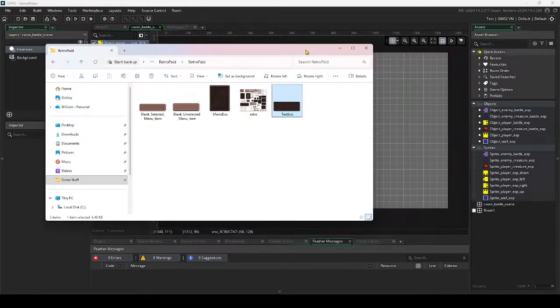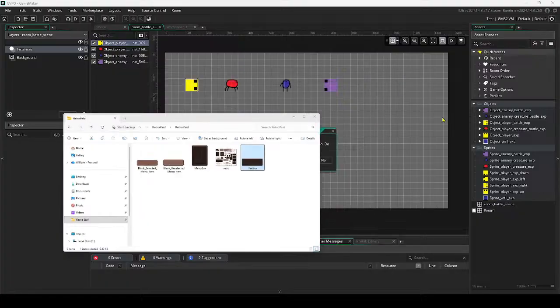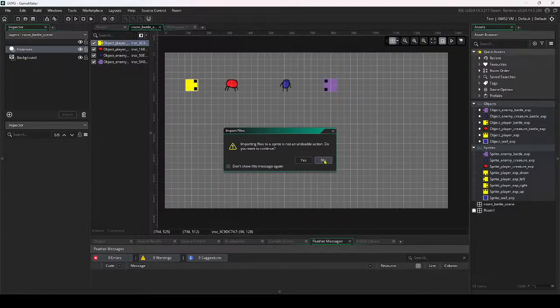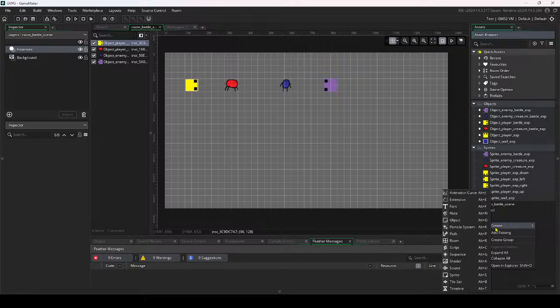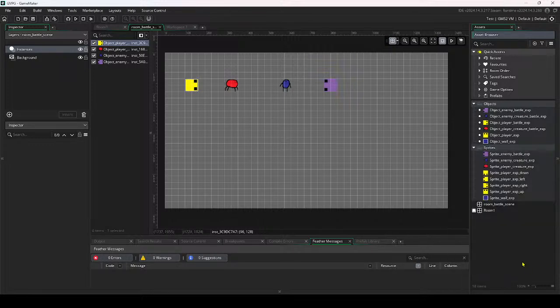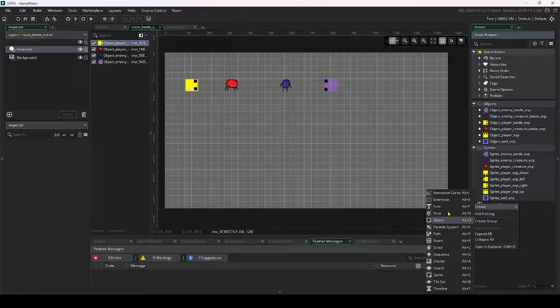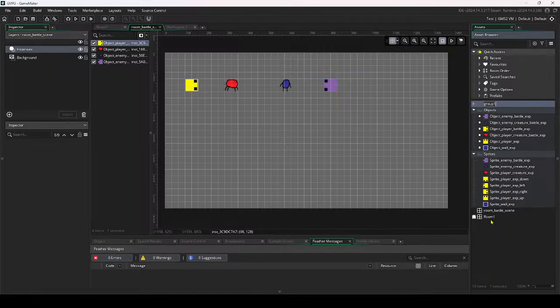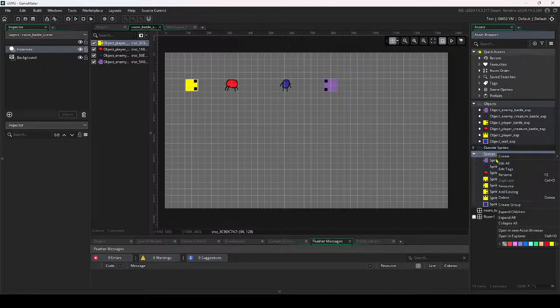No, it's not going to work. Create group. Create group, geez. Sprites. Rename this to be